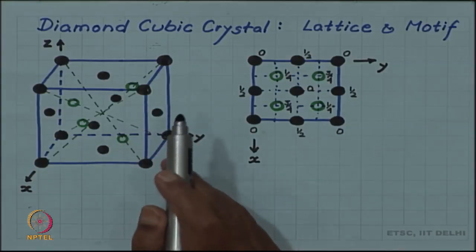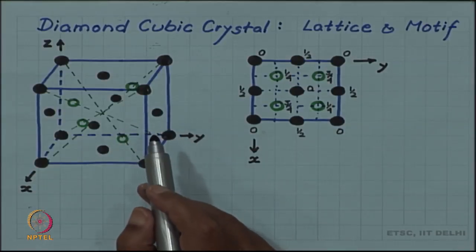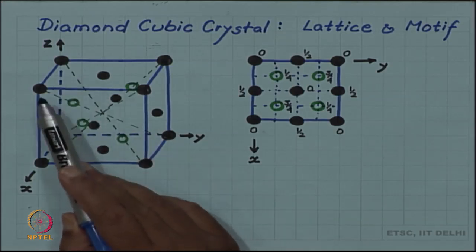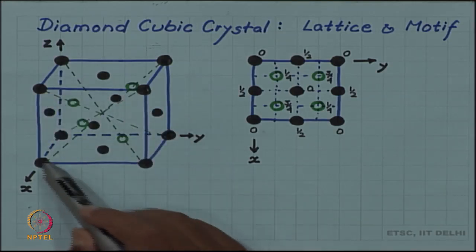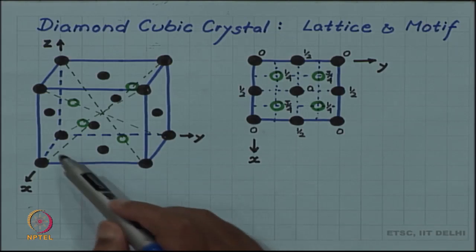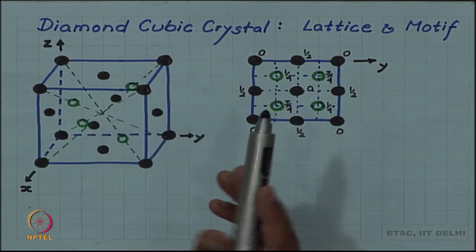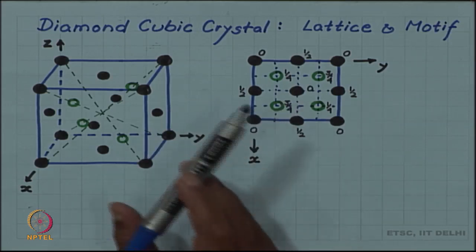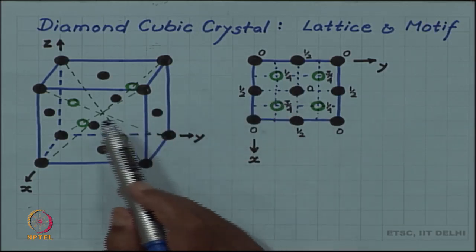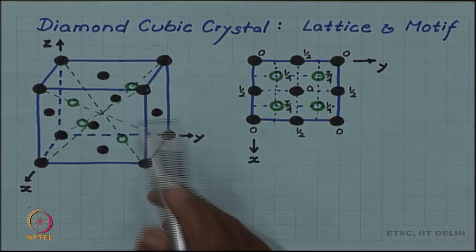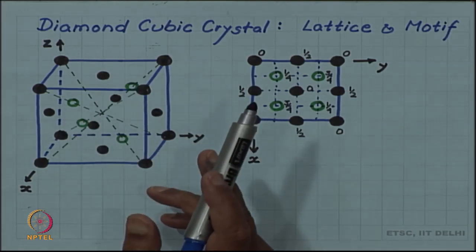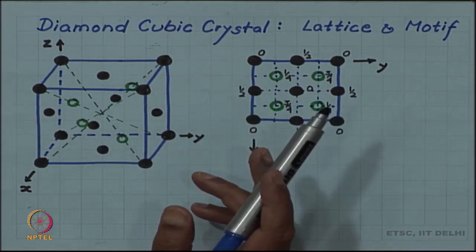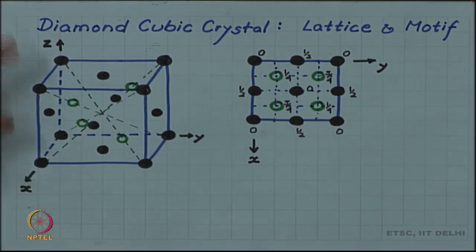We already know that face centered cubic is a lattice. Which means that in the face centered cubic unit cell, all the black atoms located at the face centered cubic positions are all equivalent in the lattice sense. So, they are forming a lattice, there is no problem. However, whether the additional 4 atoms are at lattice points or not is what we have to check. So, let us